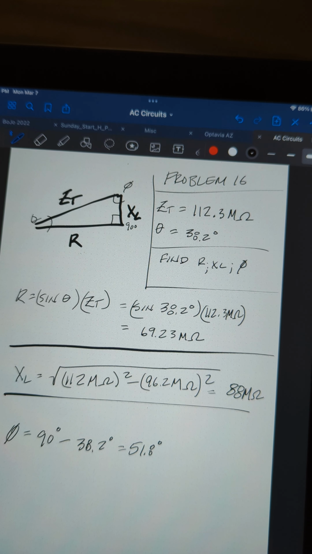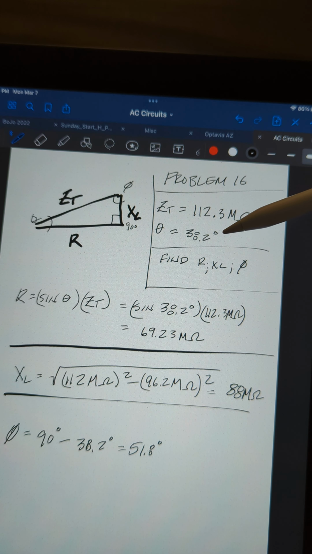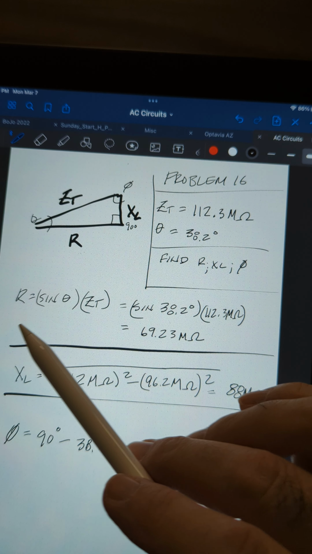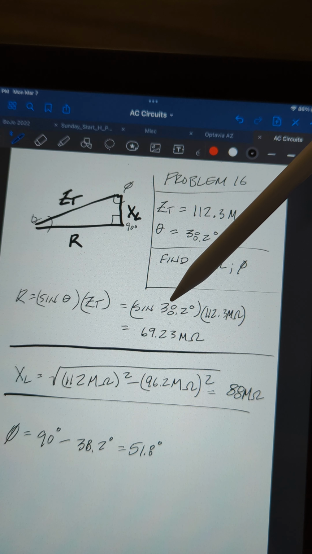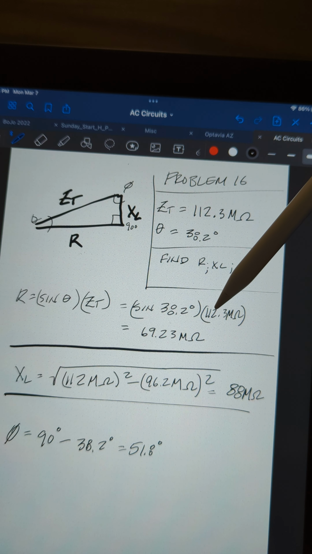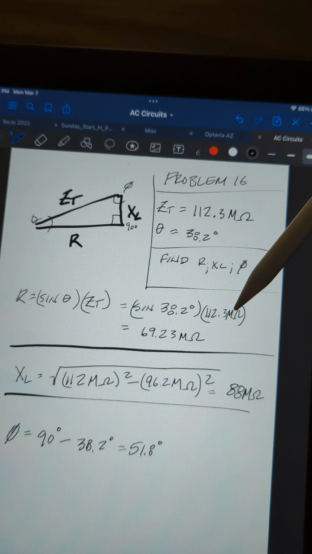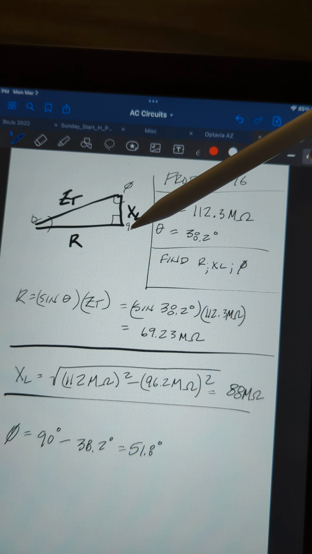Problem number 16. In problem 16, we have a total impedance of 112.3 megohms. We have a theta of 38.2 degrees, and we're going to solve for resistance and X of L. So if I want to solve for resistance, I take the sine of theta times ZT, so the sine of 38.2 degrees times 112.3 megohms, and my resistance here, my linear function going horizontally, is going to be